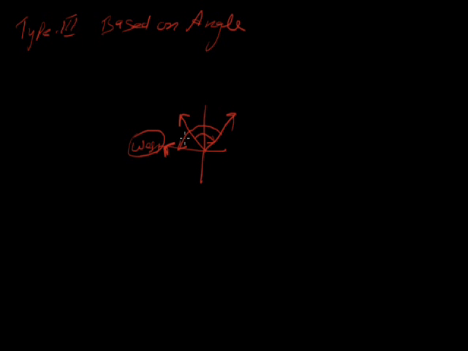Take another question based on angle, but this is not only based on angle, this is based on angle as well as distance. Example, while facing east you turn to your left and walk 10 meters, then turn to your left and walk 10 meters again, and now you turn 45 degrees towards your right and go straight to cover 25 meters. Now in which direction are you from your starting point? To solve this question, we should draw the diagram. For example, first, a person facing east,